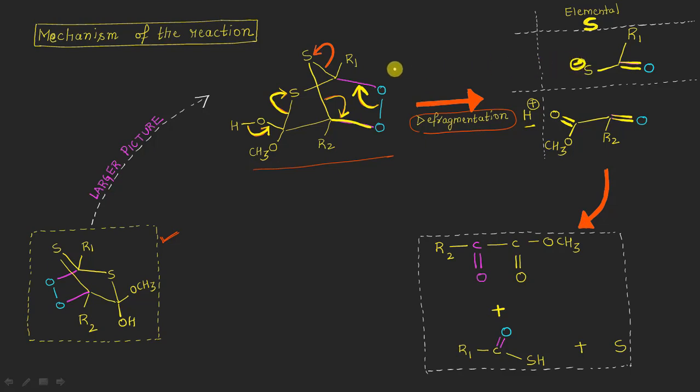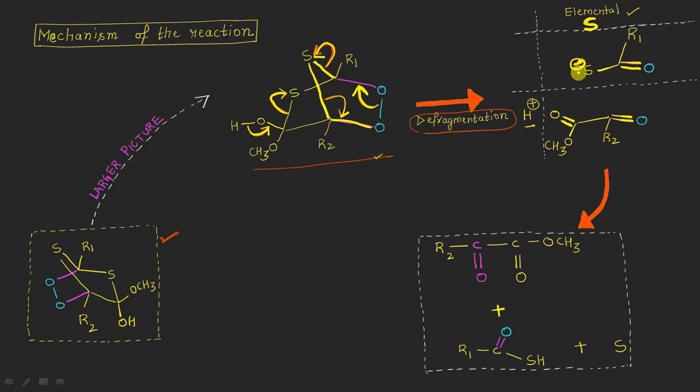And moreover, these electrons are also moving on to the sulfur. So what we will get here is an elemental type of sulfur, because whatever electrons this bond here is losing, the same number of electrons are being gained by the cleavage of this bond, because it is towards the sulfur atom, resulting in the formation of an elemental type of sulfur in this way, right? So this is the fragmentation pattern in this cyclic adduct molecule.